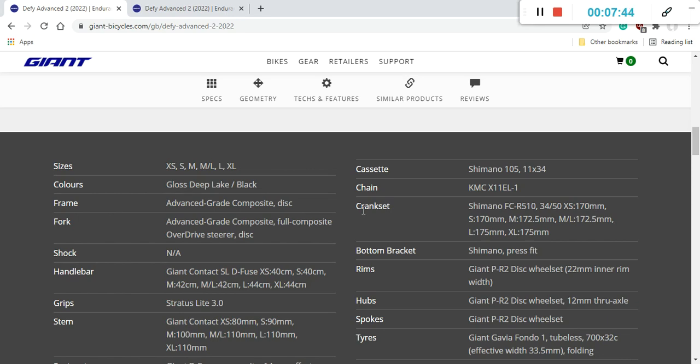So you see this huge range between the 11-34 cassette and also 34-50 chainrings at the front. Definitely you'll be able to climb any steep mountains that you can imagine, because you have this 1:1 ratio, 34 chainring at the front and 34 cassette at the back, which is absolutely superb. The chain is a KMC X11EL, so it's not a Shimano 105 level chain, but it's perfectly fine. This KMC X11 chain, superb chain, no problems here. Again, when you destroy this chain, it's very easy to upgrade to, for example, a Shimano Ultegra level chain if you